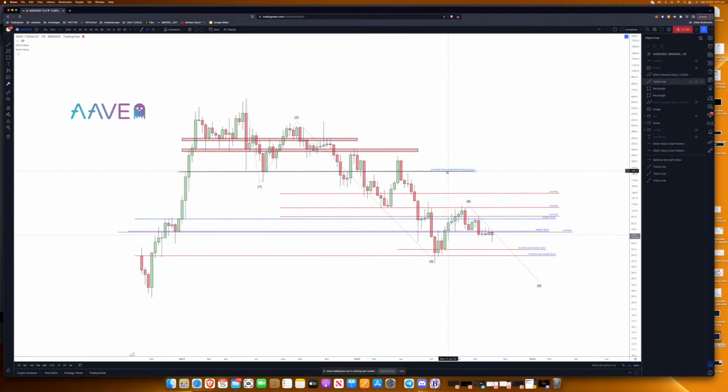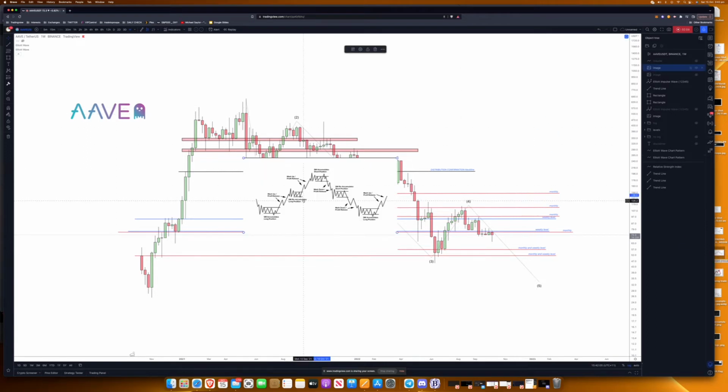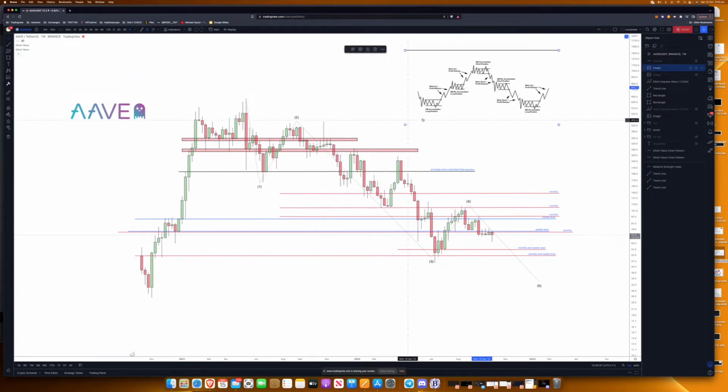So when we look at the distribution level, we had that retesting volatility, and we came down, did another rally, which is surprising to go that high. Either way, we've come down. There's another chart, and this is it, and this gives you the cycles. So we can align this top with this distribution level, and then we have these phases. We're looking for this bottom phase. Bottom phase should align with